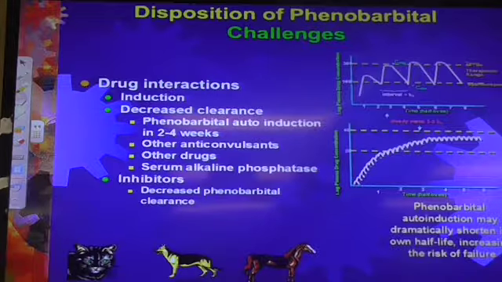So understanding the sequela of induction of drug metabolizing enzymes with phenobarbital means you need to understand the other drug. What happens when you metabolize the other drug. And it's part of the reason I say try to avoid adding other drugs metabolized by the liver in a patient that's on phenobarbital. Or, if I have an animal that's on lots of drugs, I'm going to try real hard to use bromide instead, because bromide does not have to be metabolized by the liver. And that way I don't have to worry about it at all.